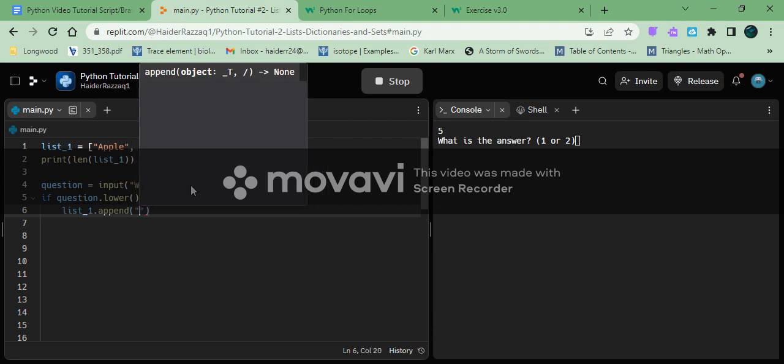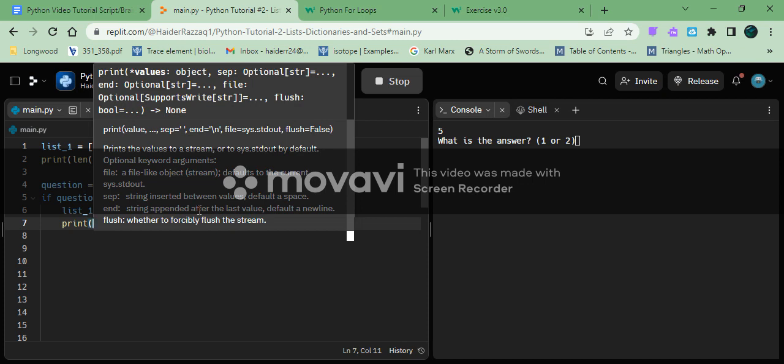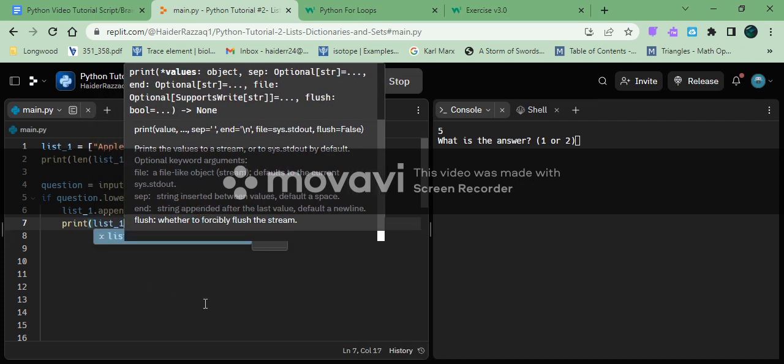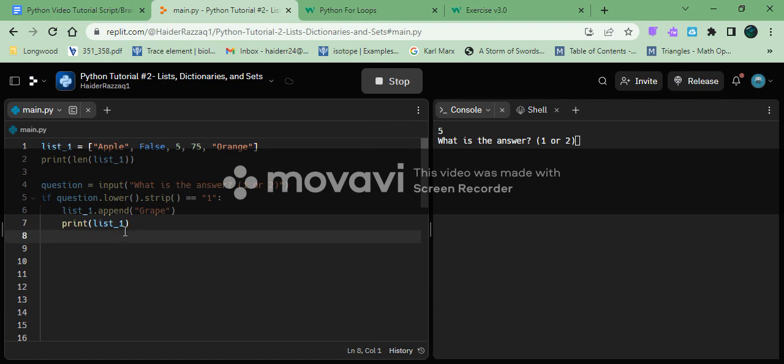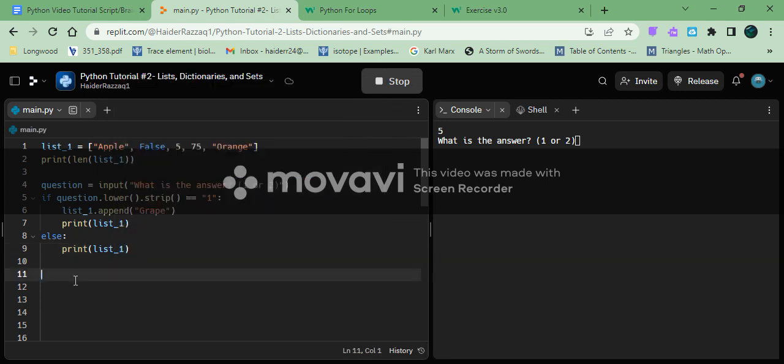Remember to put that in string format. Grape, and then print list 1, else print list 1. When you're defining an if-else statement, you have to include